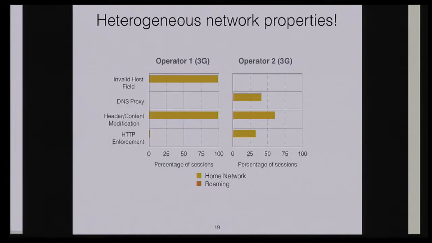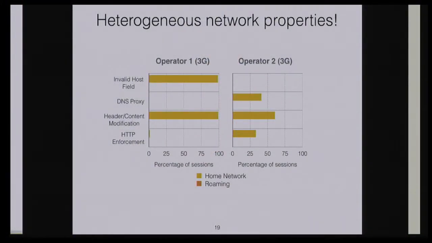But as a result of all these business relationships, we are actually able to identify heterogeneous behavior within a network. So this figure shows the percentage of sessions of 2 operators with a particular network behavior. And as we can see, operator 1 sessions are always having the same behavior. But in the case of operator 2, they can differ. And this can be caused by different network deployments in different parts of the country, or just by different APN settings.